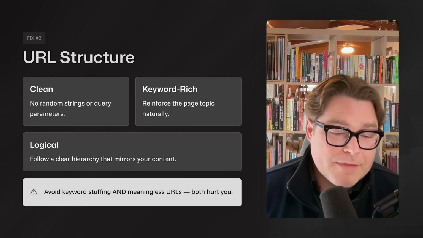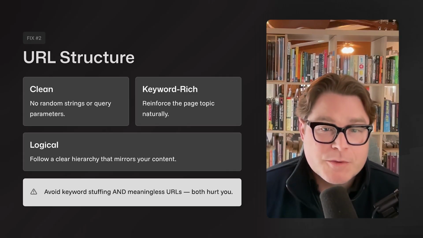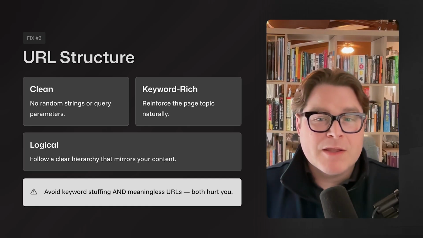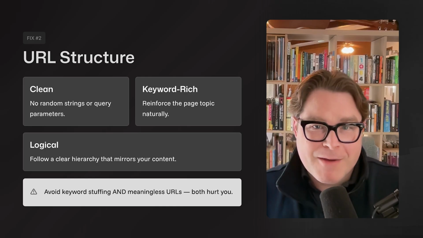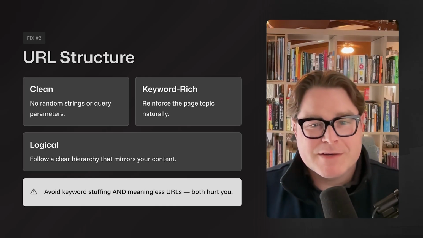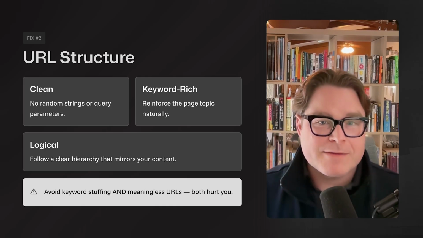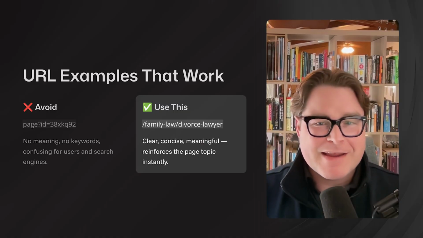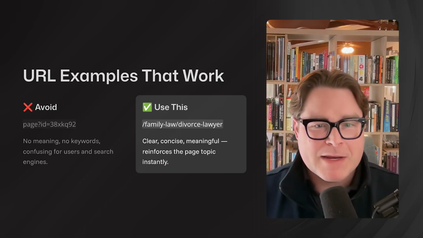Now this one can be easy to get wrong. The URL structure should be clean and keyword rich and follow a logical structure to reinforce the content of those pages, the topics, the headings, the titles. What I mean is that your URL should have a clear, concise keyword, and avoid overstuffing with keywords and avoid having a lack of meaning. Something like